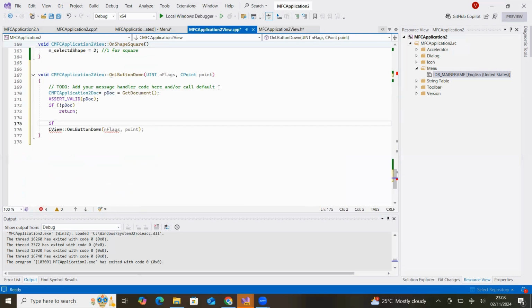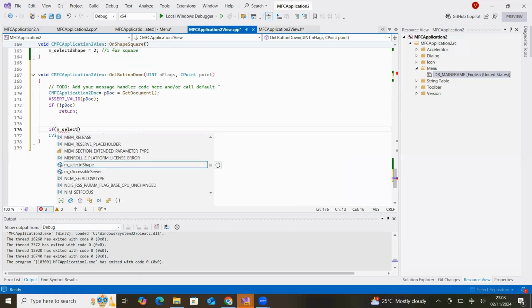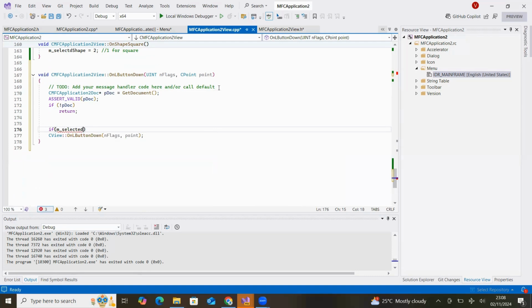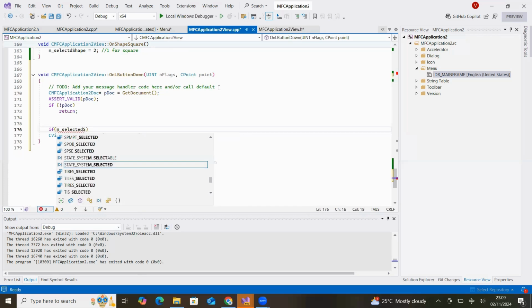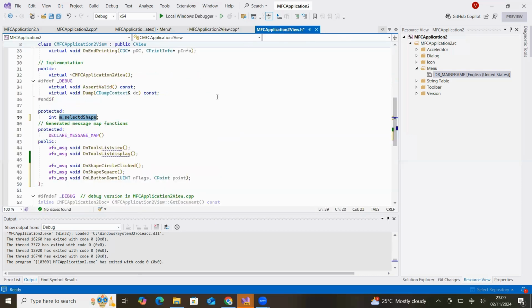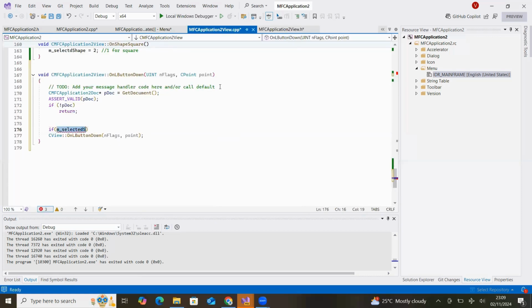And inside if condition, I'm going to check if m underscore selected shape is equal to 1, then